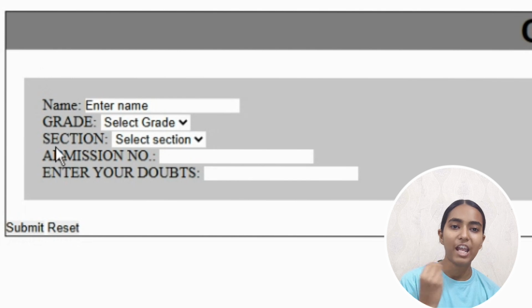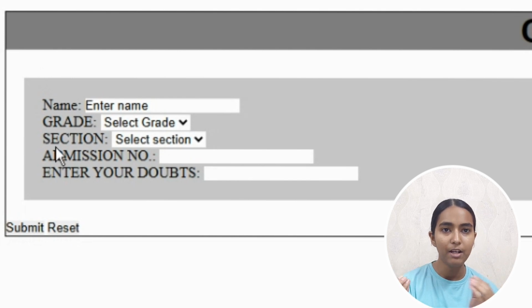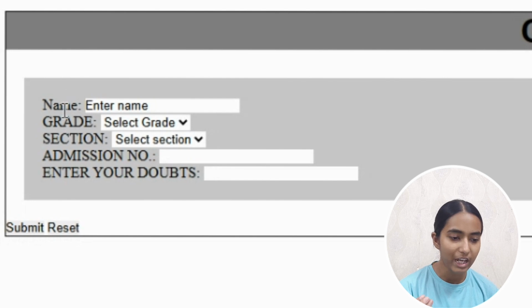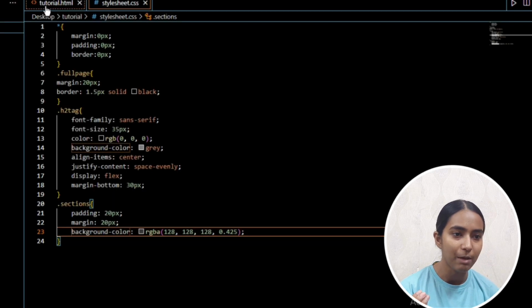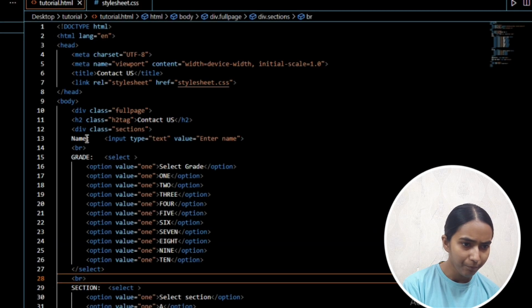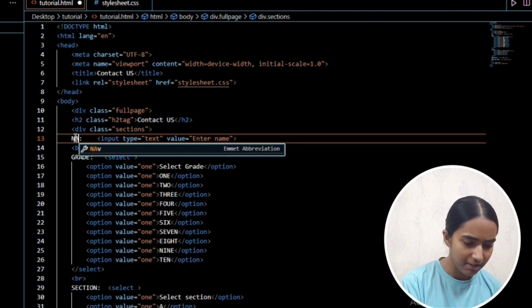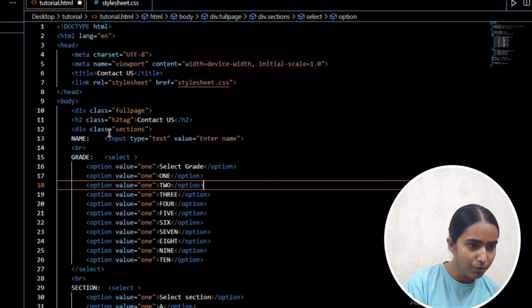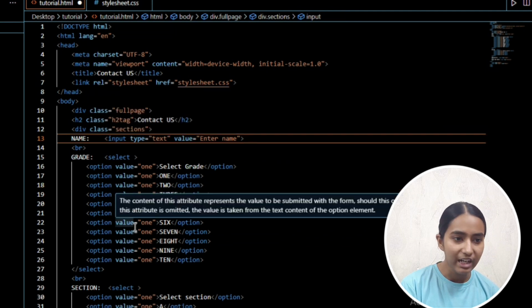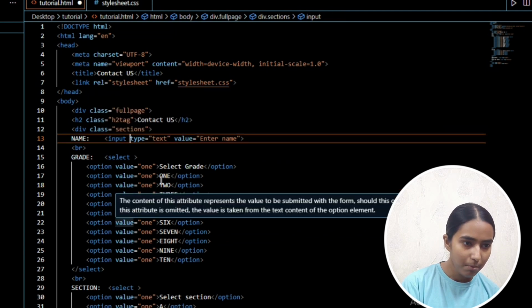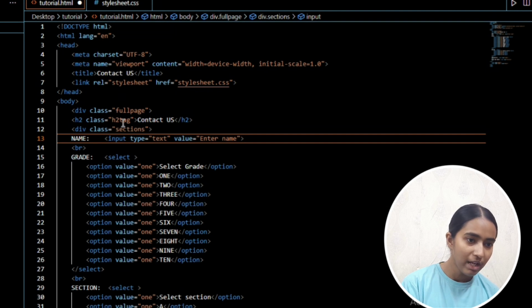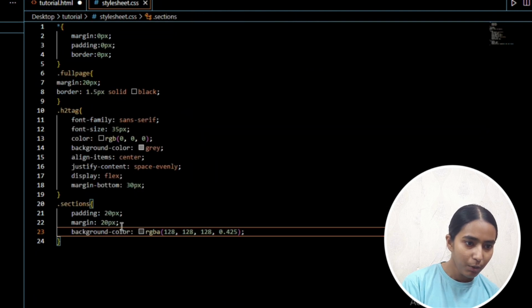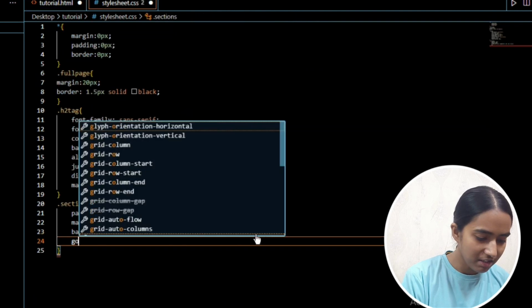So whatever piece of characteristic is going to be applied to one element, the same is going to be shifted to the other element as well. So we're going to create a similar type of code for all of these elements. First of all, let me bring this name into title case so that it does not look odd. So one thing which we can do over here is that in this input tag, we can create a class. But wait, one more thing which we can do is that in this section, we can increase the font size.